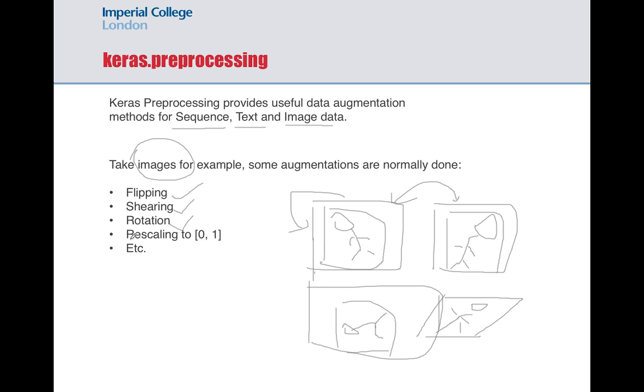And rescaling, I think rescaling is the most important part in pre-processing, because when you get the original image, it is always about 0 to 255, and you will always have to rescale it to 0 to 1. For example, 0.5 or something, for 1 pixel intensity. And so now you can see, if you have to do all this data augmentation yourself,